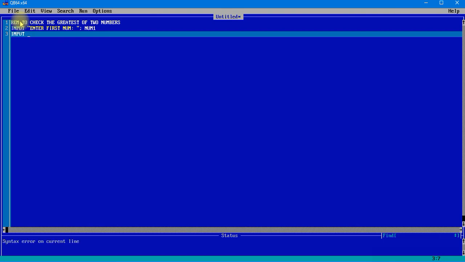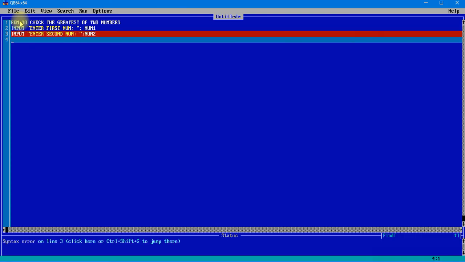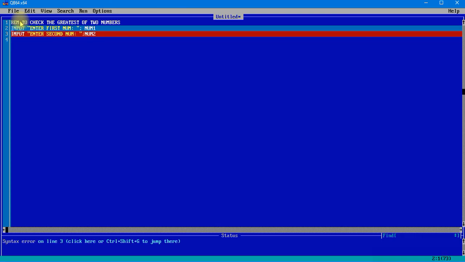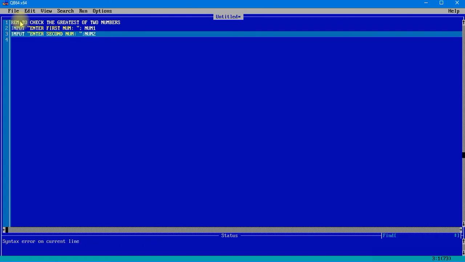Input, enter second number. I'll put it inside num2. There is a syntax error showing.